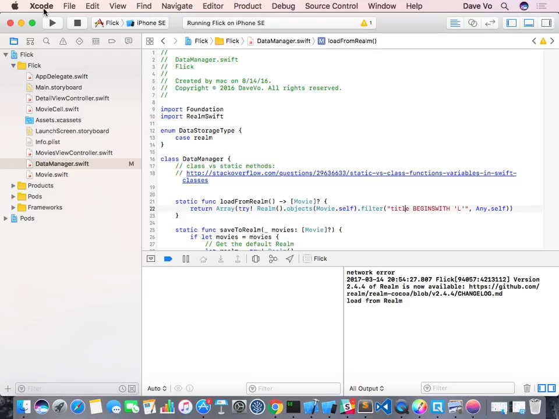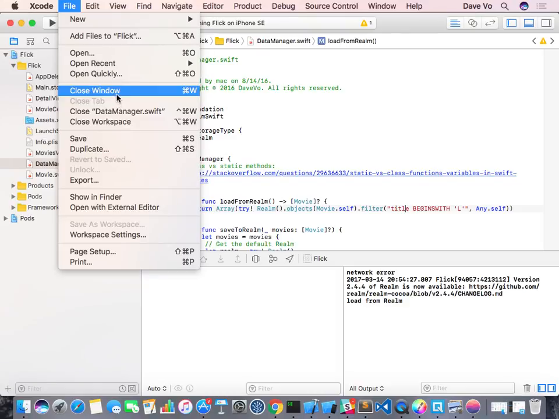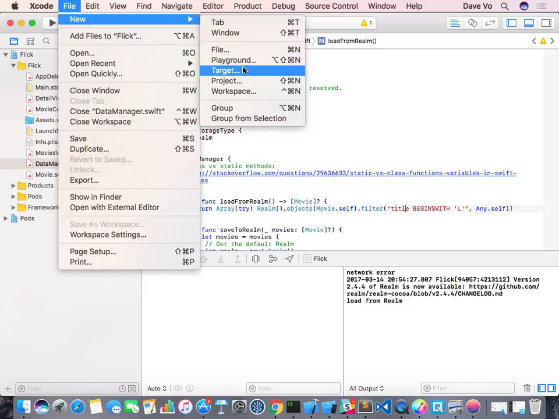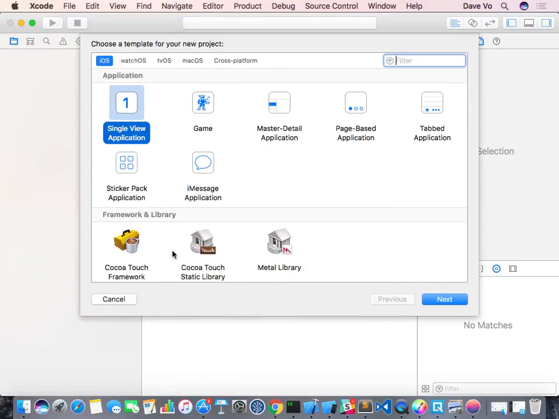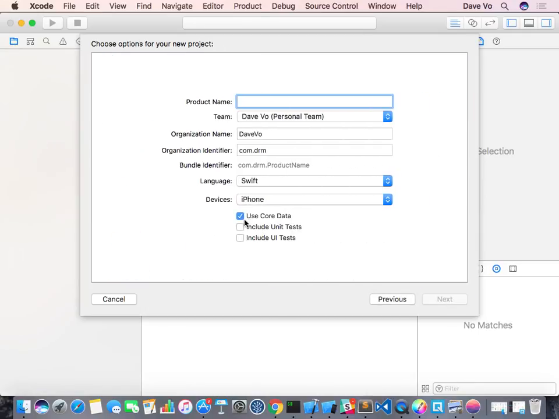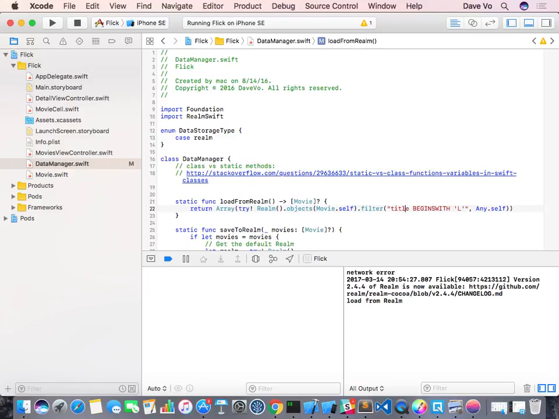So remember when you create a new project, it also asks if you want to use Core Data, right? If I create a new project here and check this one, it will auto-generate a bunch of code for Core Data, but I feel it's too heavy and too much for what you need. So Realm is a very simple one, right? Just add lots of code and then you can set up your stuff, and then Firebase is also good. So from the past few classes, I saw most of the people using those things. So we'll focus a little bit more on those this time. Right. So you decide what you want to use for your database, and then how you want to do for your